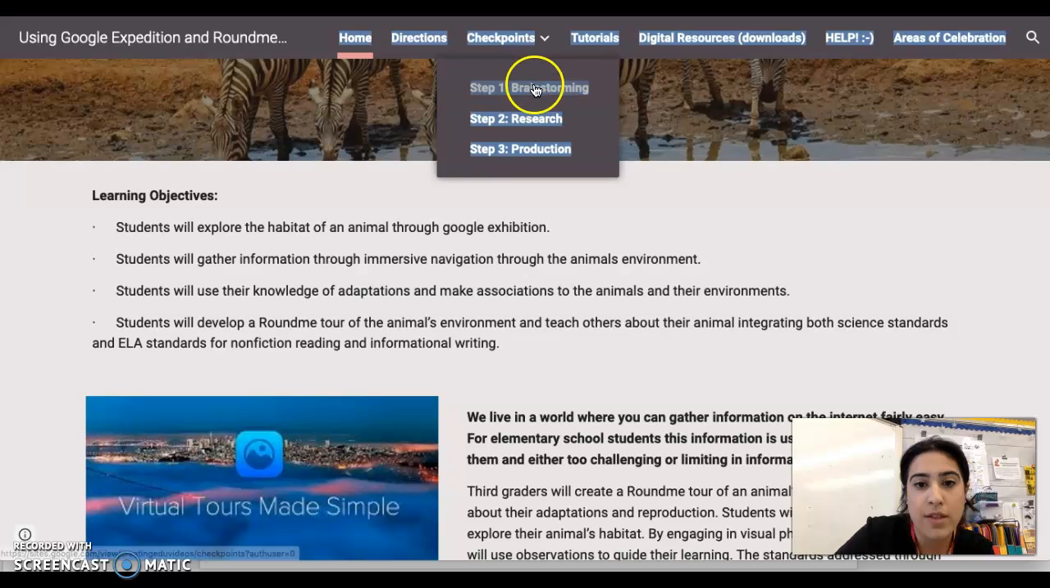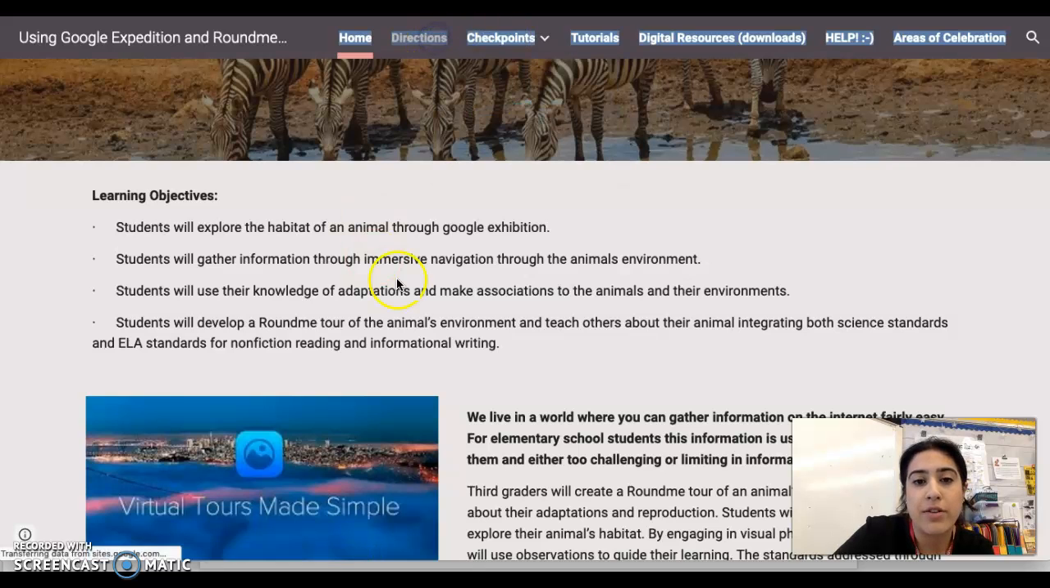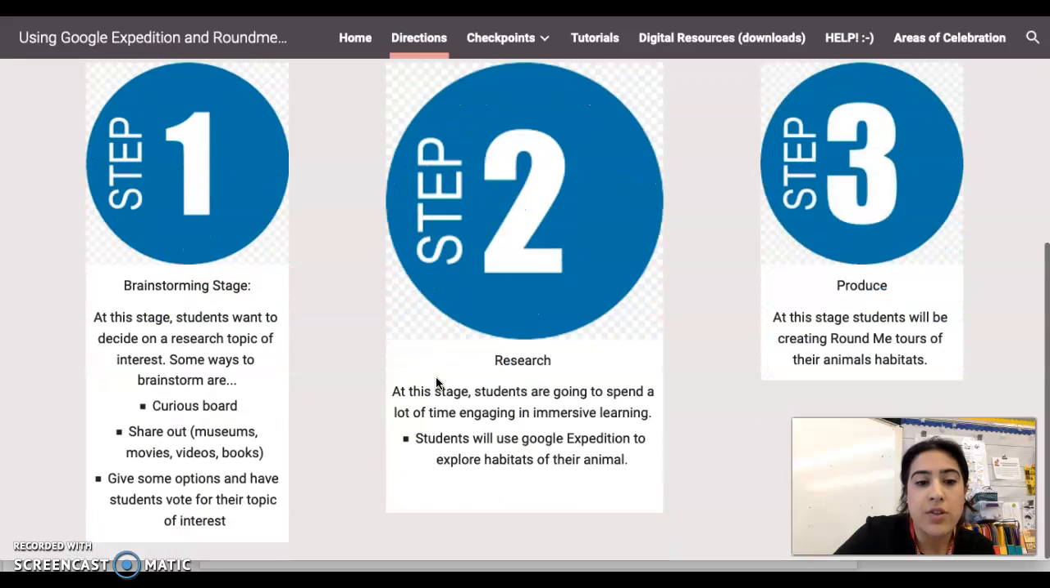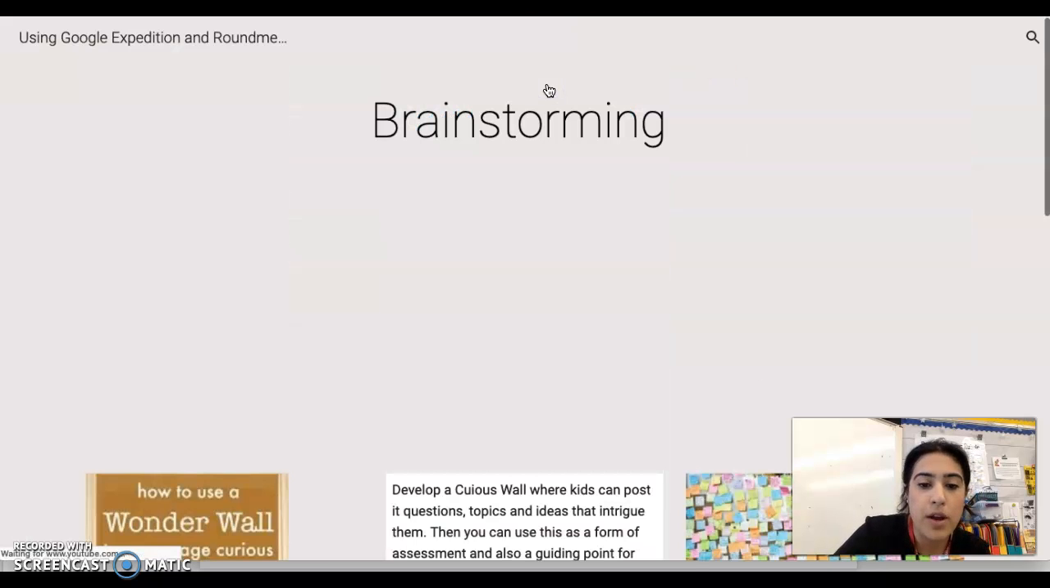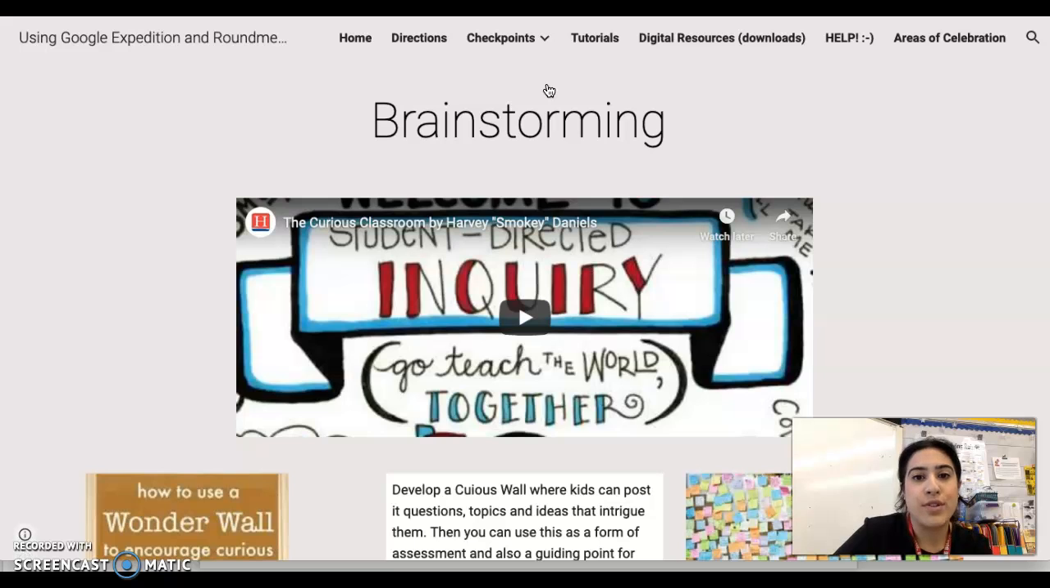One of the areas that I really developed more is my checkpoints, and I added step one, step two, step three, which coincide with my directions page. So if they're in step one, these are kind of the ideas behind it. If you're in step two, this is really the research component, and step three. And then when you go to the checkpoints and you go to step one, there's some resources for the